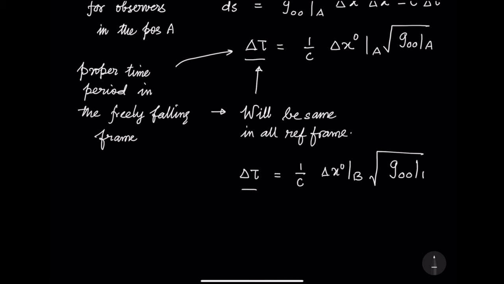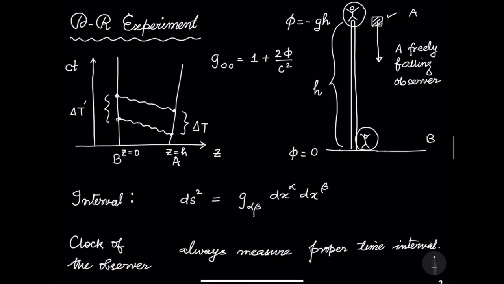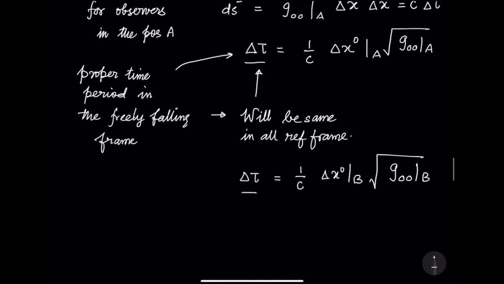G00 is different because phi is different at two places, at the top and the bottom of the tower, and G00 depends on phi. So because G00 is different, it is easy to see that delta x0 at A and B are different. And I can find out what is delta x0 A by delta x0 B now. This ratio is given by, A is the source and B is the observer. So this is given by